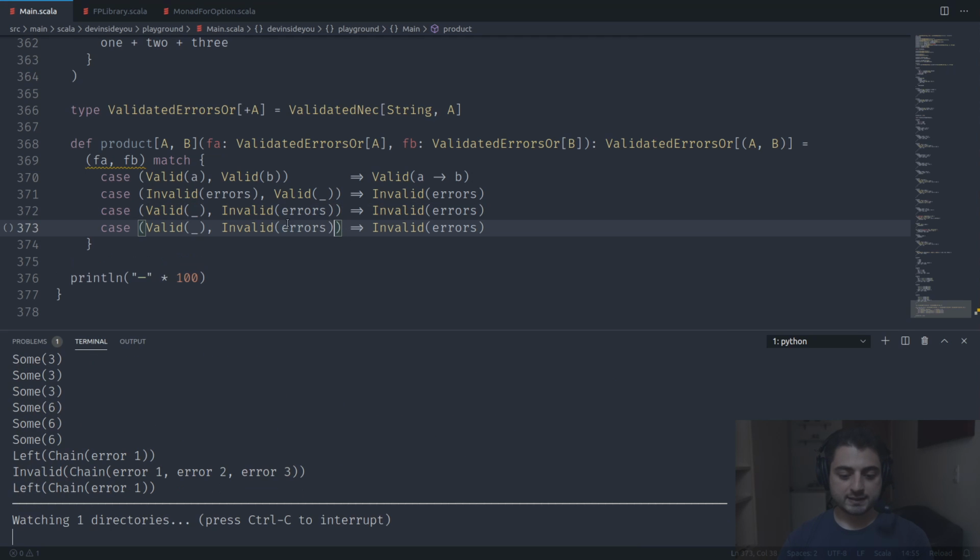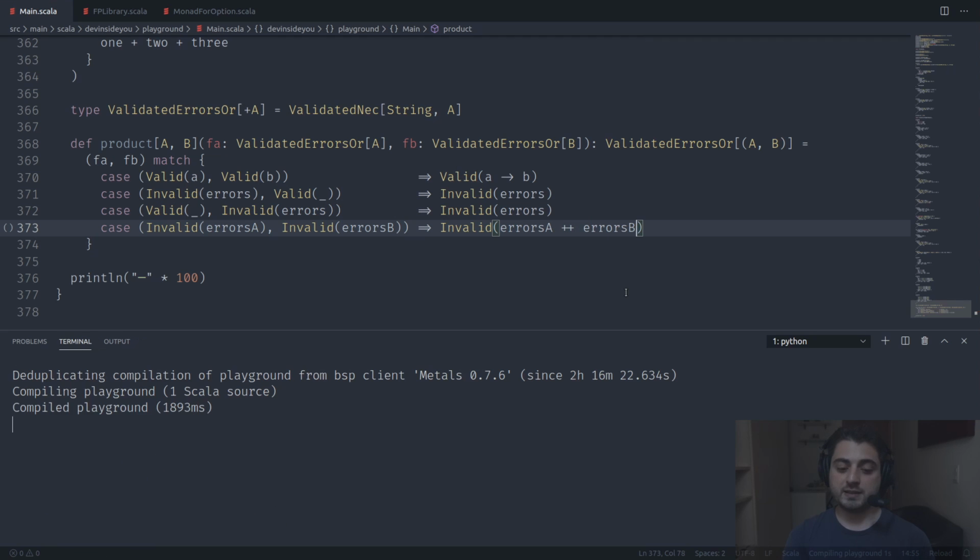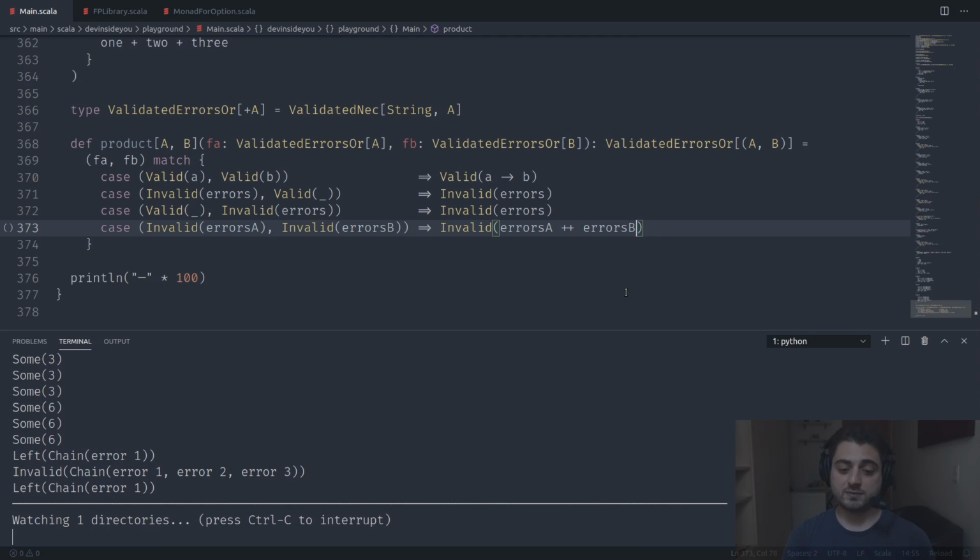And the last one is exactly why we're here. If both of them are invalid, then we have errors A and errors B, and what are we going to do? We're just going to put them all together: errors A plus plus errors B. So this is the reason why the errors are being accumulated behind the scenes for validated. However, if we're doing either,